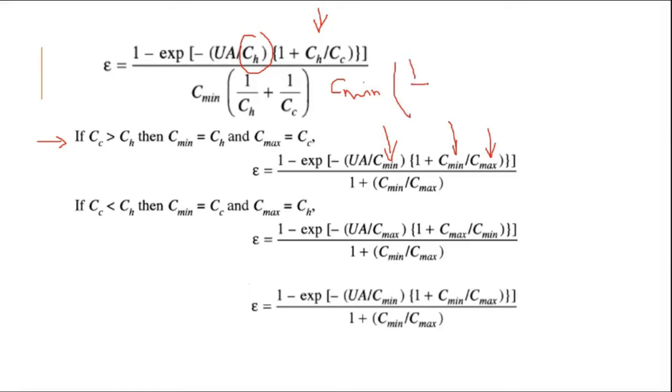multiplied by 1 by CH, and CH value is equal to what? Cmin or Cmax? Cmin, sir. Okay, so it is Cmin plus 1 by Cmax, because Cc value is Cmax. So what we have done, we have multiplied the Cmin to both the terms, and what we get is Cmin and Cmin get cancelled out. Here we will be getting 1, and the next term is going to become Cmin by Cmax. So we have 1 plus Cmin by Cmax.